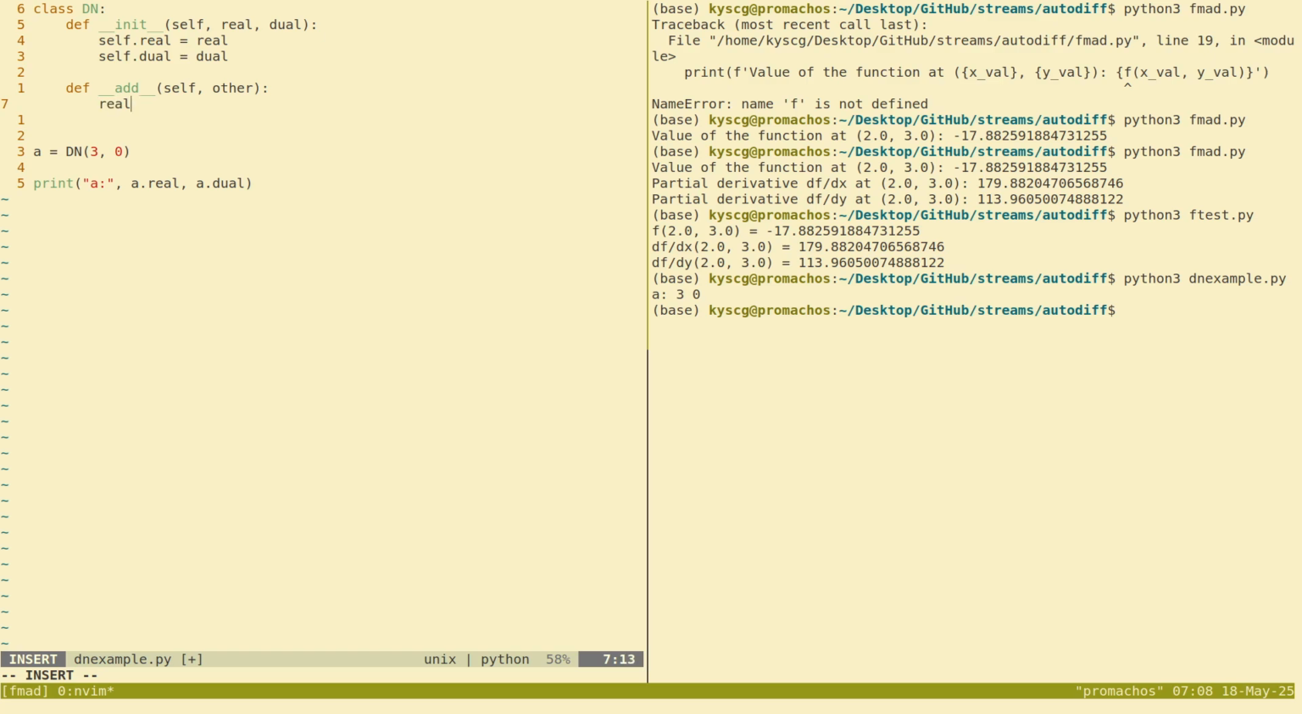Okay, so let's say you're adding two dual numbers. Let's say you're adding a plus bi and c plus di. The real parts just get added, a plus c. So that's what you do here: self.real plus other.real. And similarly, the dual parts just get added together. And you just return